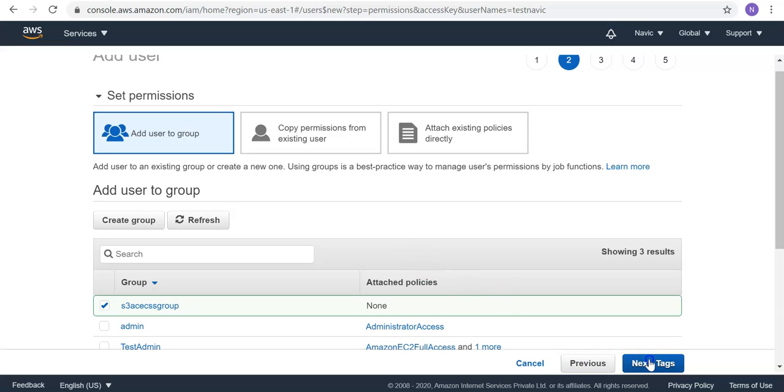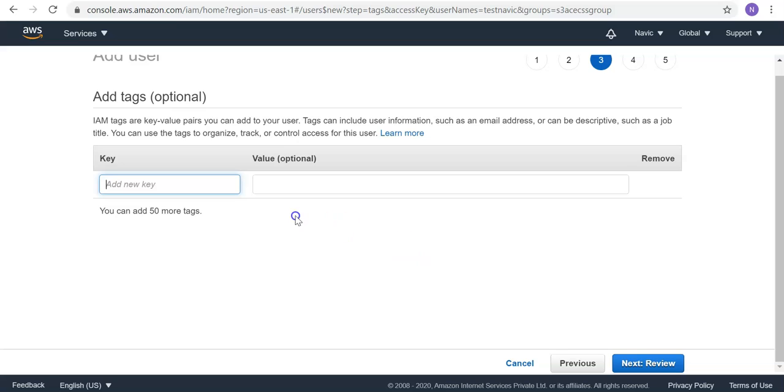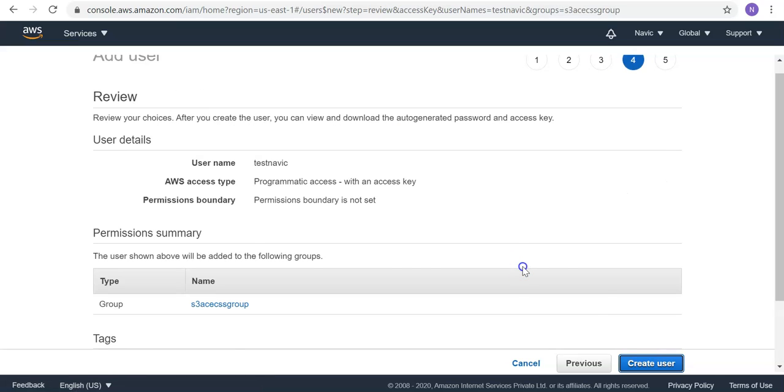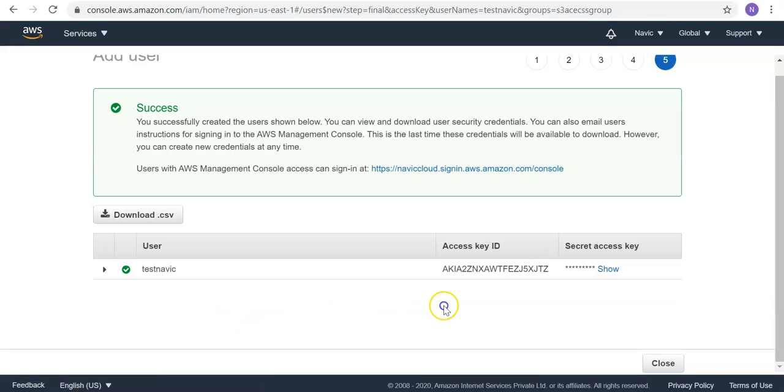Click on next, tagging. I need a tag. I'll say name for EC2 for S3 access, something like that. Anything, just for understanding. I think we are good. Create user quickly. So if you see here, my user is created, and since I selected programmatic,